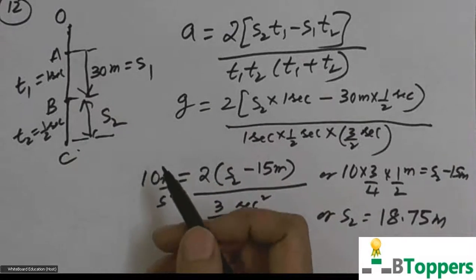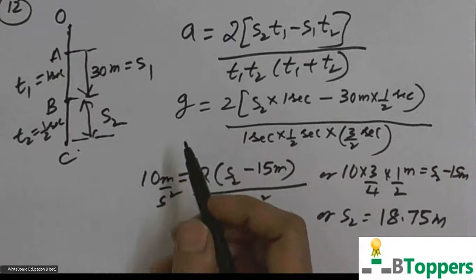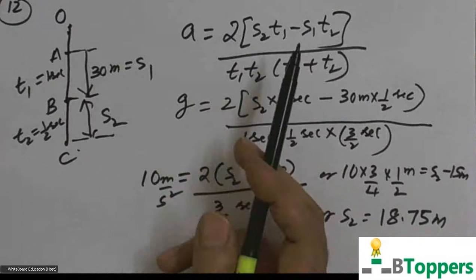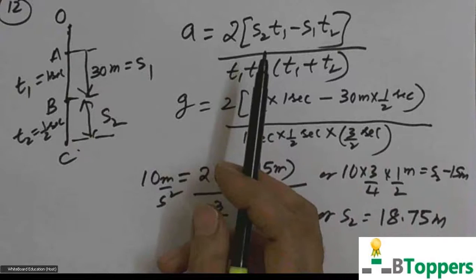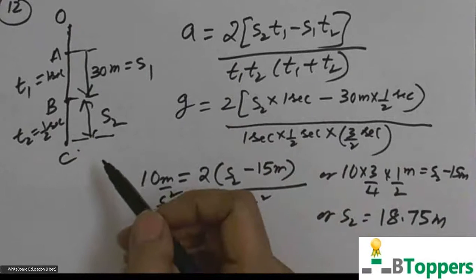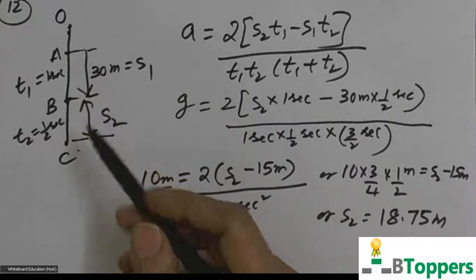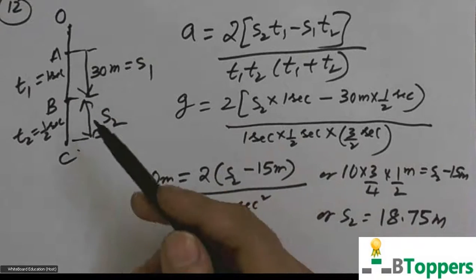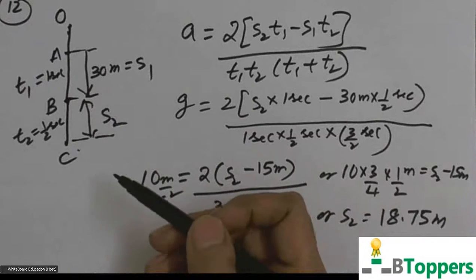But if the problem is given in objective type papers in competitive examinations, you can solve it faster if you are able to remember this result. Even if you are unable to remember the result, there is no danger. You can also work out the problem by using the basic equation of motion s equal to ut plus half at square. First for motion from A to B, next, you can use the same equation for motion from A to C.